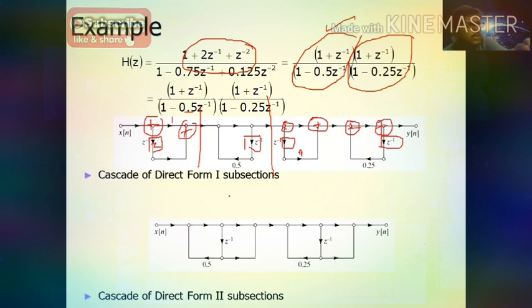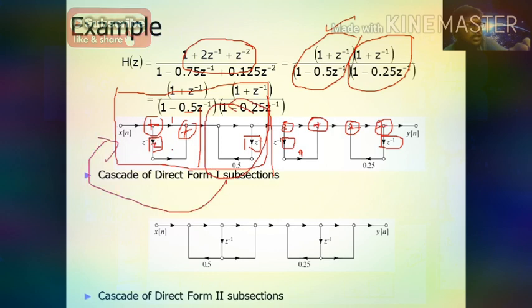Okay, now the substructure using direct form 2. So first you consider this portion alone. Okay, first you consider this portion. First you draw this diagram. Okay, now you bring out this system function here. Okay, now we connect it with here. Here it consists of one delay element, and in this part also it consists of another delay element. So instead of 2, you connect one delay element. It's enough. Okay, so I put here one delay element. So look at this question. Here 1, here 1. When it comes at this side, it becomes 1 and 0.5. So 1 and 0.5. Okay, so this is direct form 2.